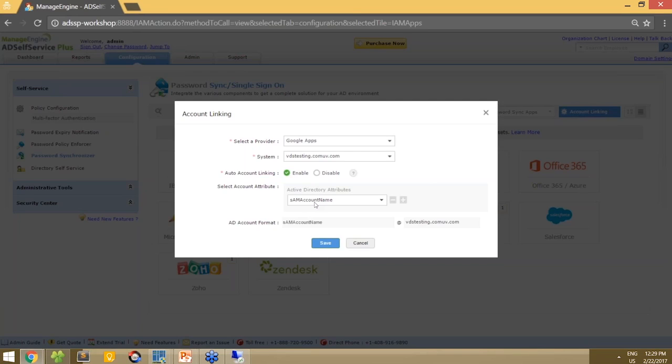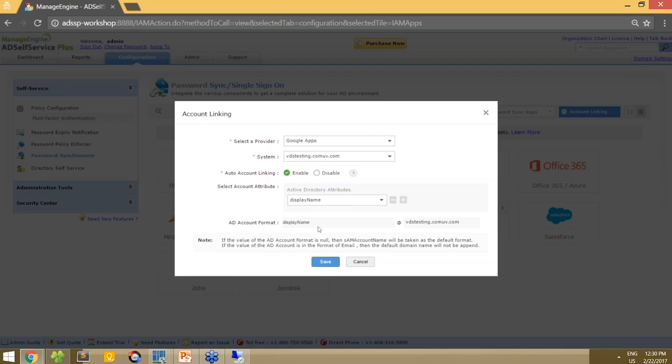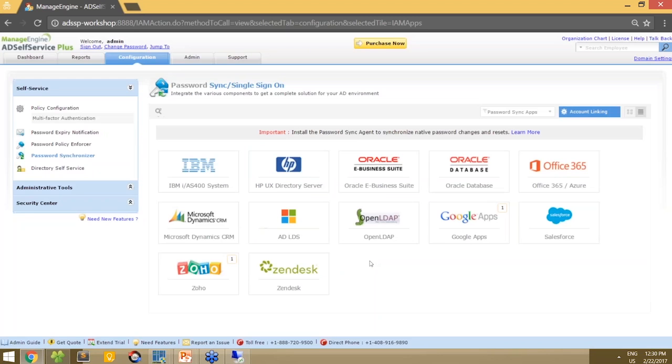Now you might be wondering why I'm talking about this if SAM account name is the only attribute. Well, it's not. If you click on this drop down, you can see that there are many other attributes. So imagine if it was not SAM account name and if it was display name that is linked with your Google Apps account, you can choose that as well. And notice that whatever attribute you choose, the AD account format will be in this flow, that is display name at bdstesting.com/uv.com. So that is how the account linking works, and that's all you need to know about the single sign-on